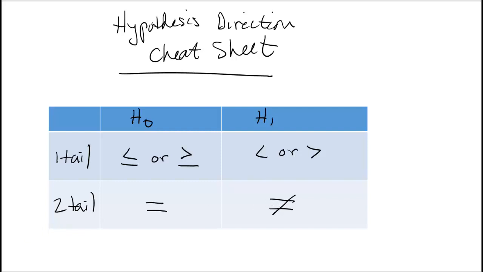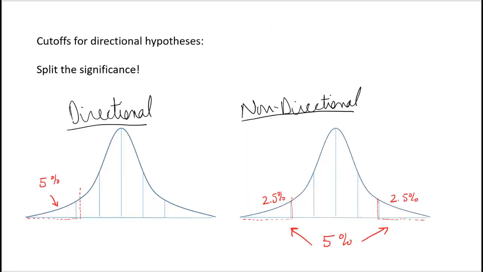The cutoffs that we use for directional hypotheses are similar to what we use for a non-directional hypothesis. The difference is that we are considering a change in either direction and splitting the significance. So for a directional hypothesis, we generally want to know when our result occurs 5% or less of the time. That means that if our result falls into this region, it occurs less than 5% on the comparison distribution. By the way, this could also be expressed positively, but not both at the same time for a